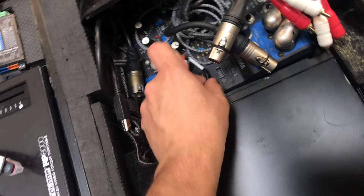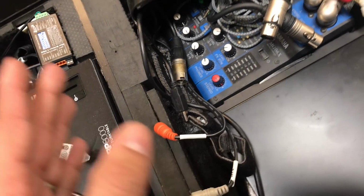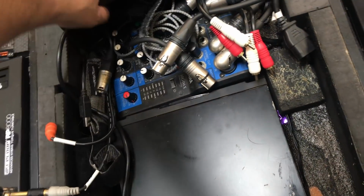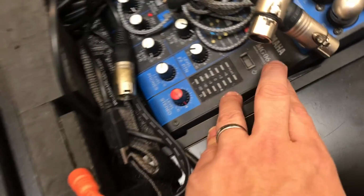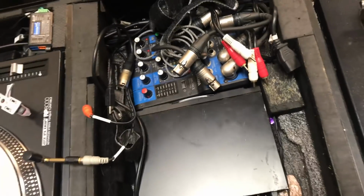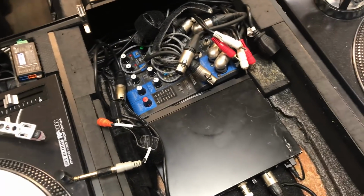I have my RCA. This goes to my booth out so I can record my mixers. I don't record directly using Virtual DJ or Serato. I use a third-party program to record. And then I have my Yamaha MG06X. Why? I don't care if it's Pioneer. I don't care if it's Allen & Heath. All DJ mixers suck